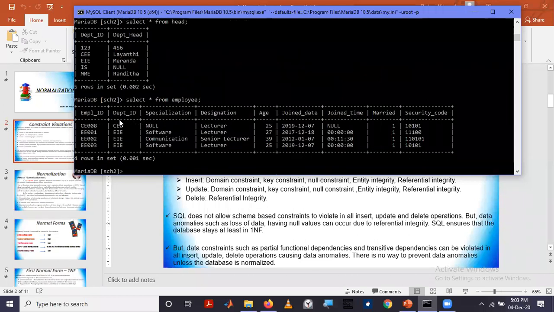So here, for age, if I try to insert a string, we'll see what happens.